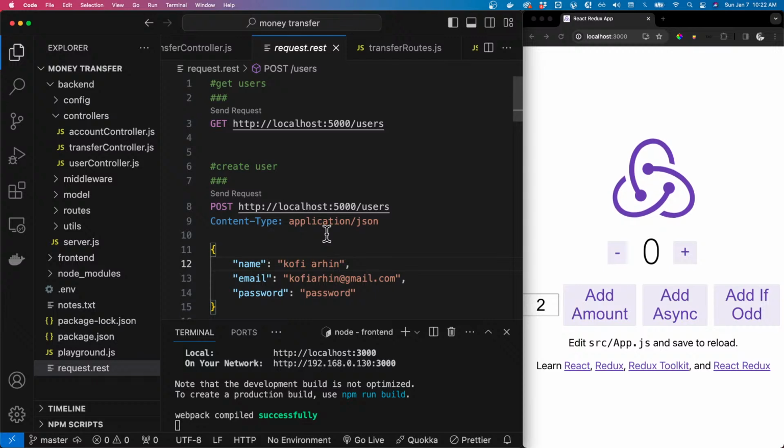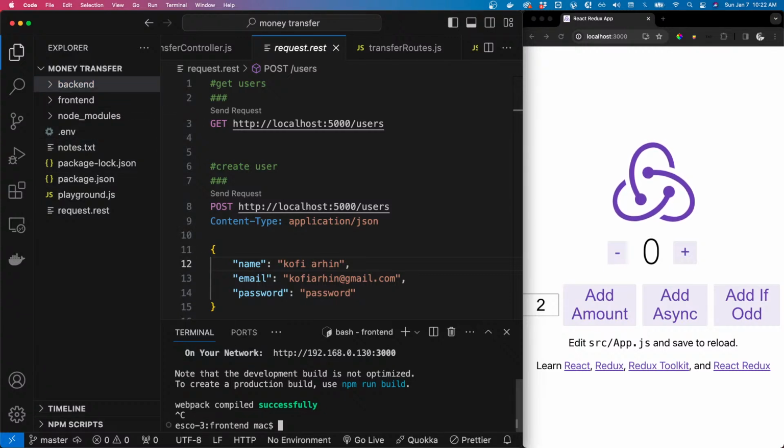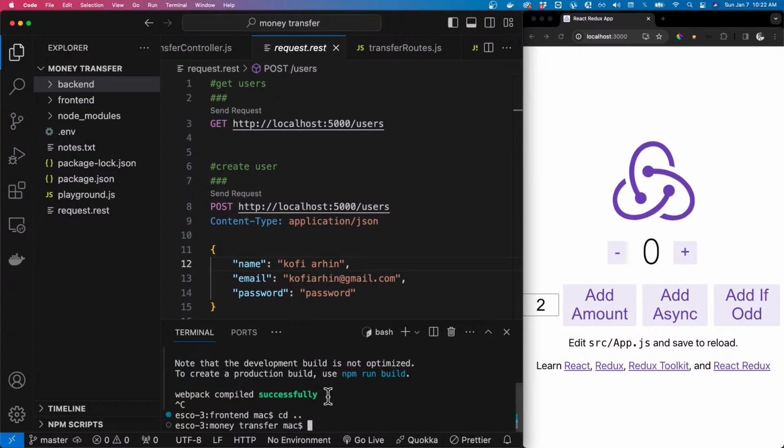So not to waste too much time, I've gone ahead to create the front end part of the application. First of all, what you have to do is come into your terminal. Make sure you are in the root of the folder, which is the money transfer folder, which should be here. Then you can do npx create-react-app front